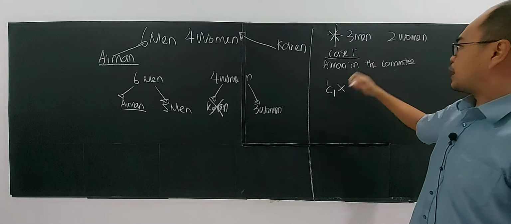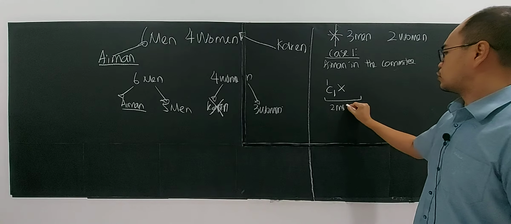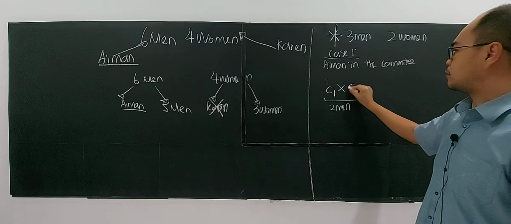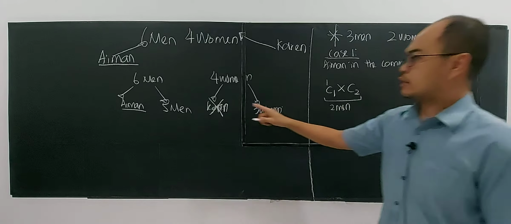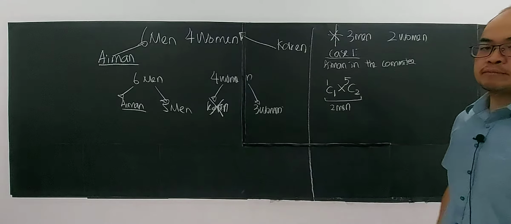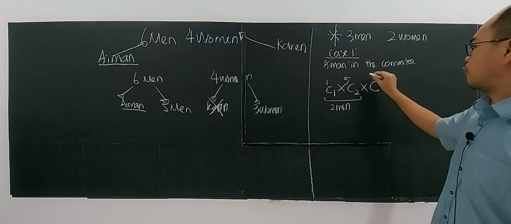This is men, right? You need 3 men, and Aiman is one of the men. So for the other 2 men, I need to choose 2 from the remaining 5 men, right? And at the same time, for women,